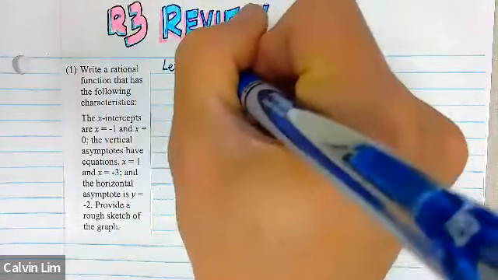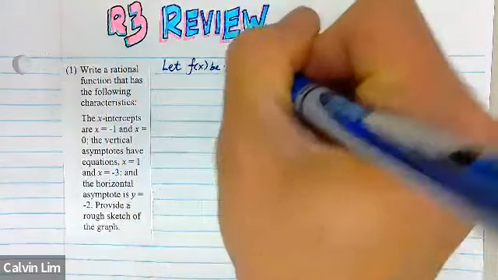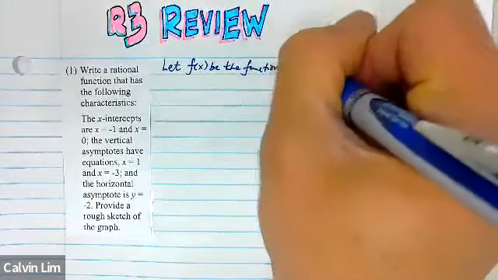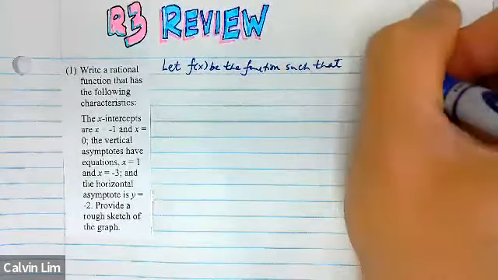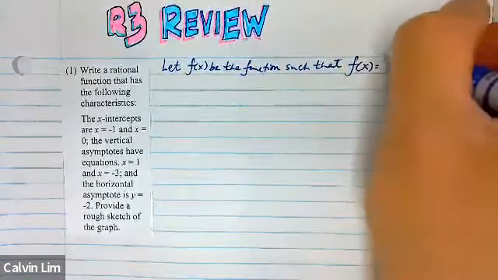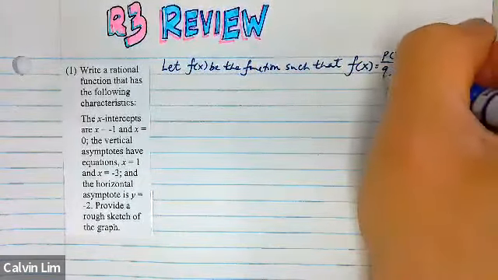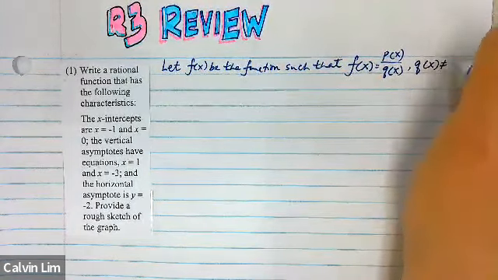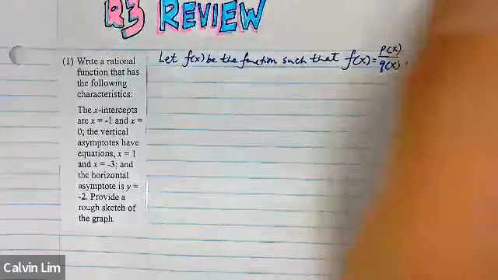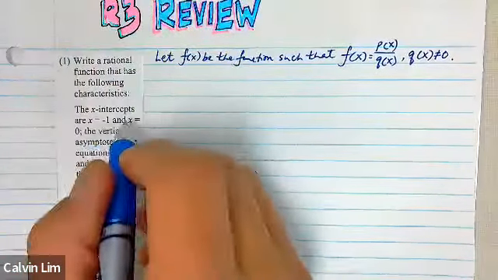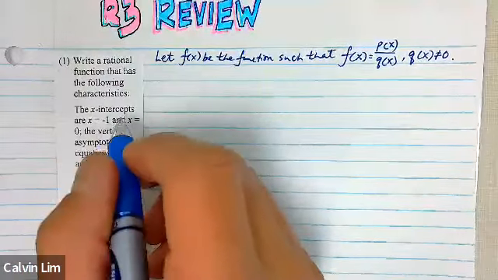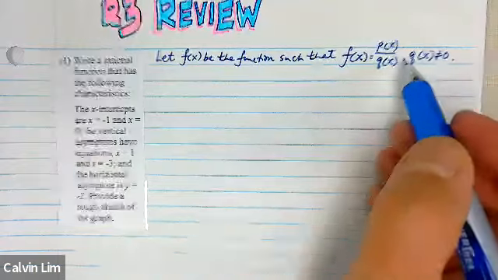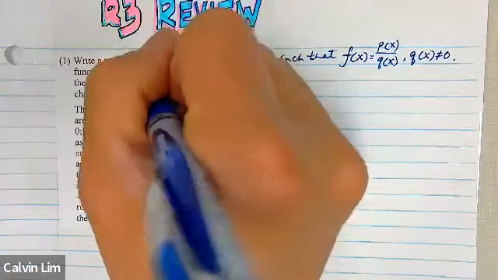Let f of x be the function such that f of x is p of x over q of x, and q of x cannot equal 0. So what do the x-intercepts, in this case there are two of them, give us information of? P of x or q of x? P of x, right? So since